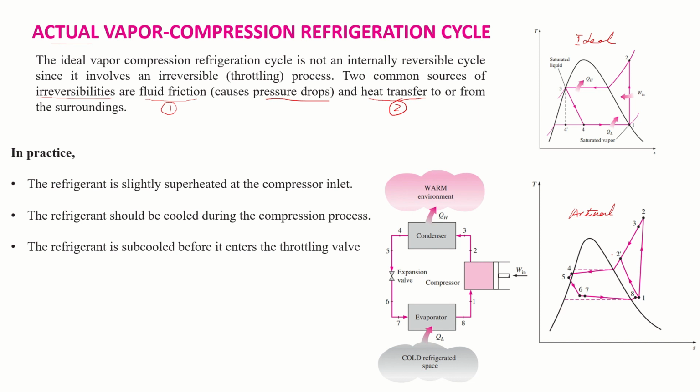This is done by cooling the vapor during the compression process, and it is advantageous because it reduces the amount of work done in the compression process, as well as the amount of heat that is required to be rejected in